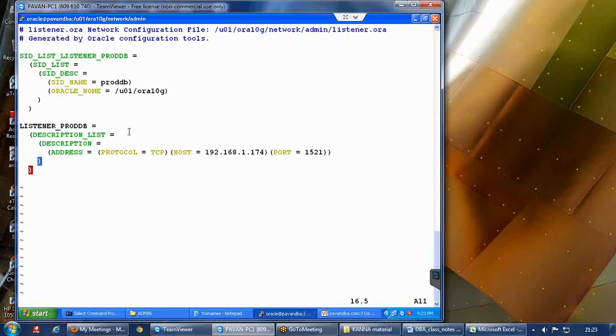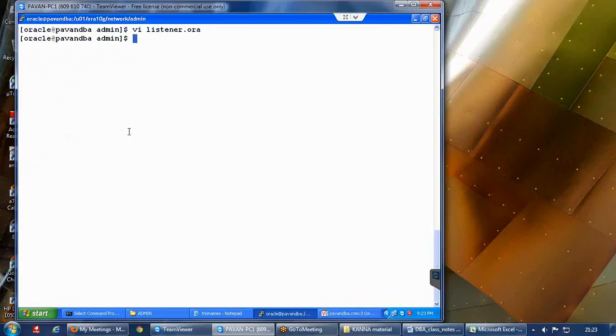Once you make all these changes, save your listener.ora file, then using these commands stop and start your listener. Whenever you make changes to the listener.ora file or its entries, you need to stop and start your listener.